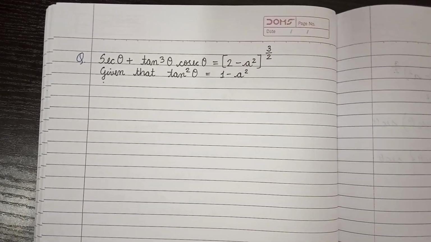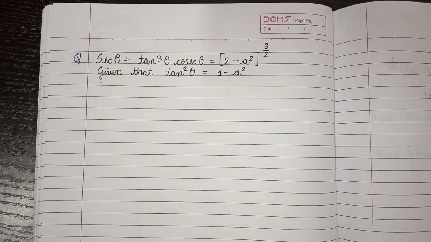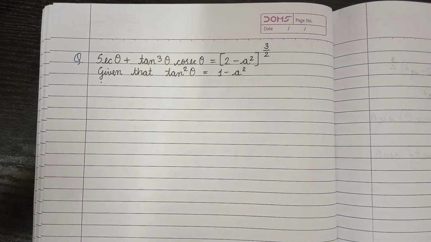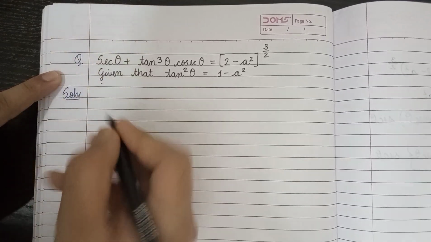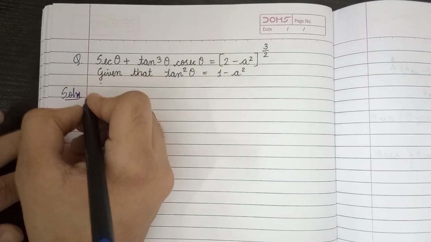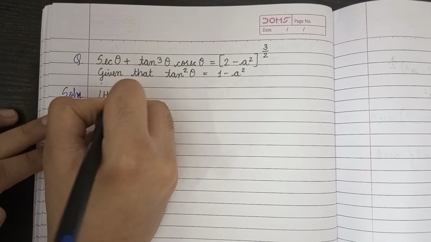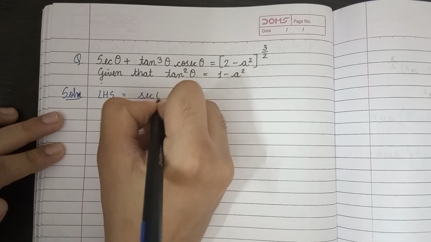Here in this question we have to prove that (sec theta plus tan cube theta) into cosec theta equals (2 minus a square) whole raised to 3 by 2, given that tan square theta equals 1 minus a squared. So in order to solve this question, we take the LHS of the equation first, which is